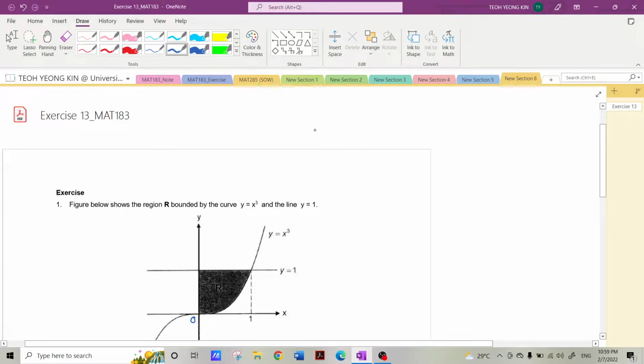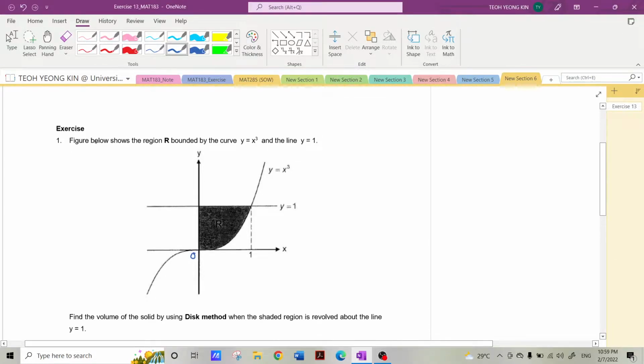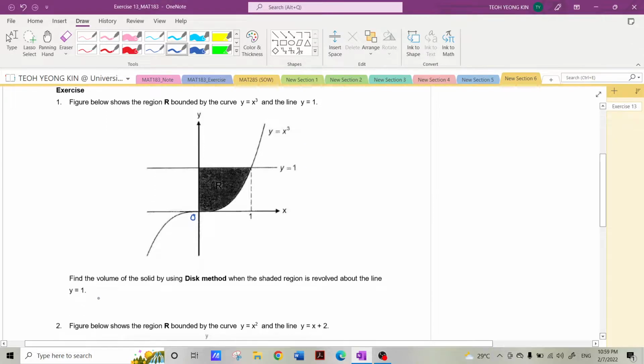In this video, I will show you the solution for exercise 13. If you look at exercise 13, question number 1, the figure below shows the region R bounded by the curve y equals x cubed and the line y equals 1. Find the volume of the solid by using this method when the shaded region is